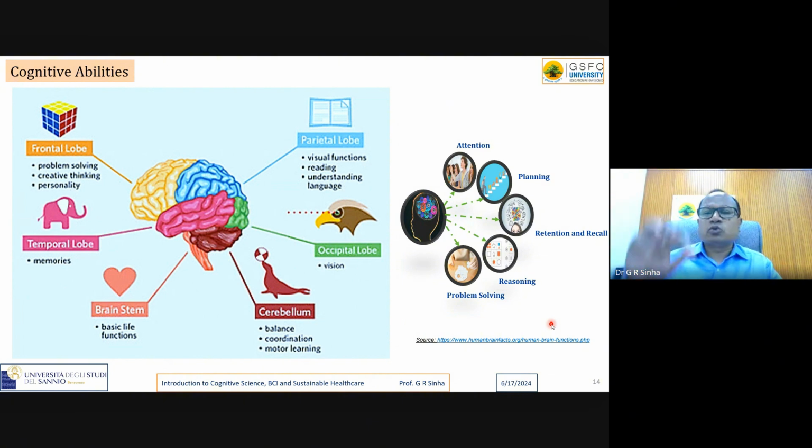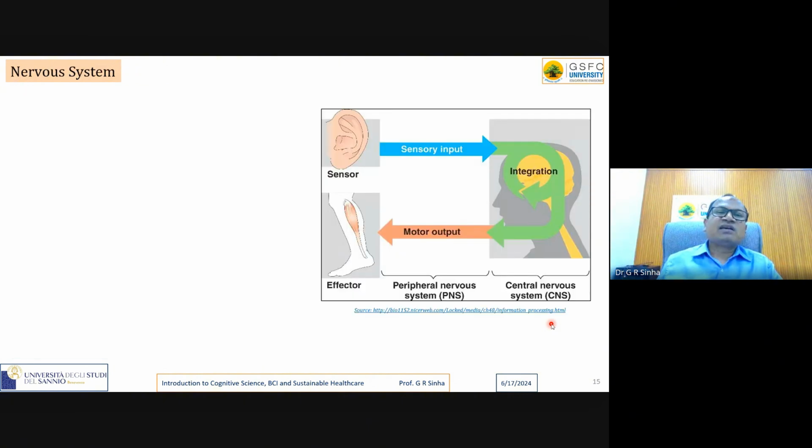These concepts are used because nowadays ML has evolved, deep learning has evolved. And the moment you call deep learning, it exploits the capabilities of the human brain. And the moment you are exploiting the abilities of the human brain, the cognitive science concept is coming into the picture. All right. So let's talk about the nervous system. We are still covering the BCI part together.